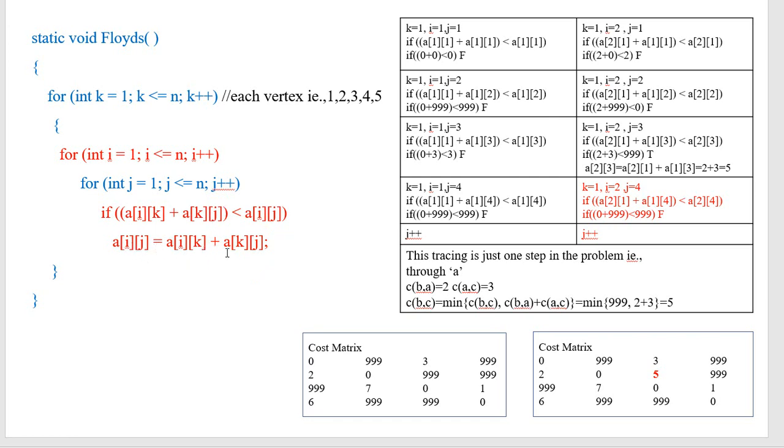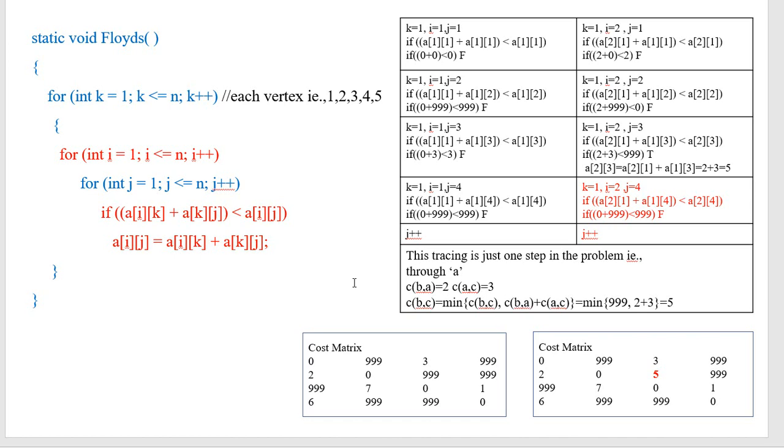This tracing is shown over here. Why I have taken the same example as in the explanation of the algorithm: the first table you have written, consider it the first cost adjacency matrix that you copied in the first step. This is the adjacency matrix you have got for the first instance, that is vertex A over there; here it is vertex 1.